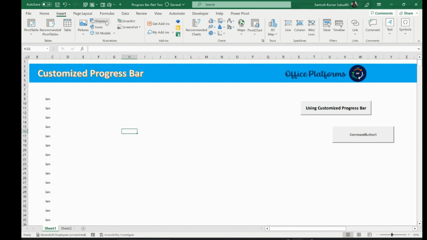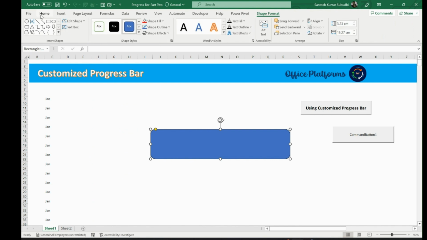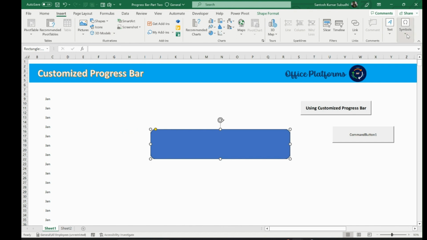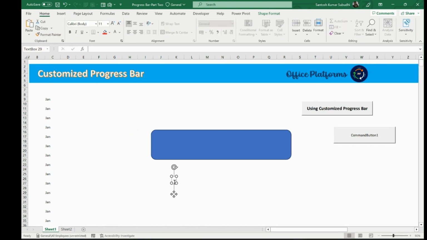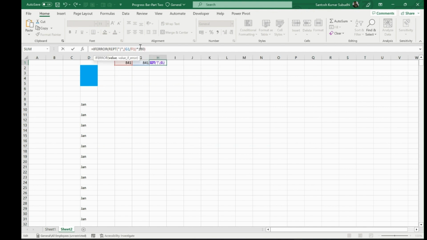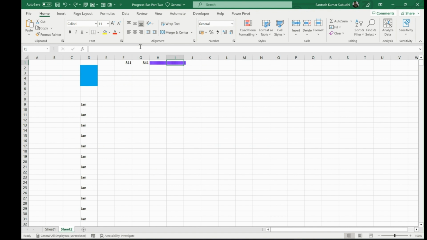Let us create the same shape again. Okay, similar shape, same one, and insert text box. In order to create the message that needs to be populated over here in the text box, we need to create a small calculation over here, okay, and small adjustments on this formula. If error, okay, then it should be blank. So if I remove the denominator, it should be blank. And let us create the message box, okay, and the message box would be is equal to